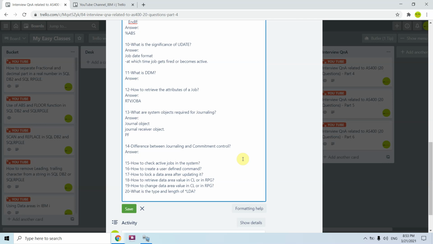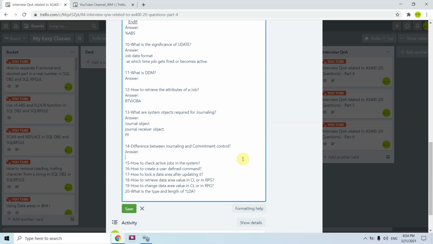Those transactions are actually temporary, so to make them permanent in the system, you need to apply commitment control. It will commit those things, so once the transactions are committed, they are permanent in the system, and they are made available to the others who are using that file.